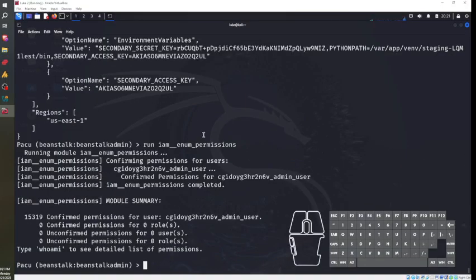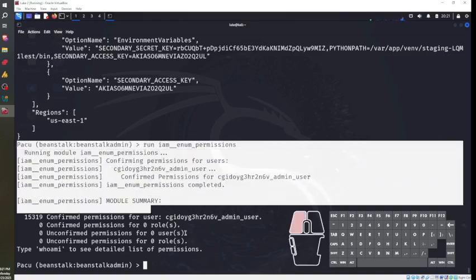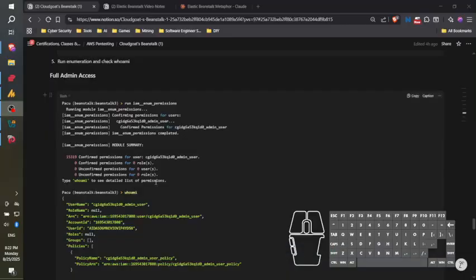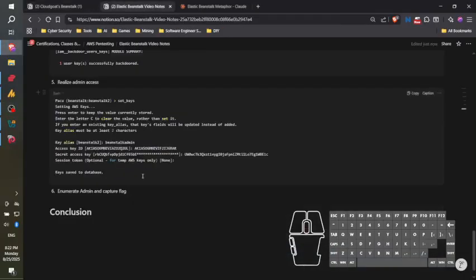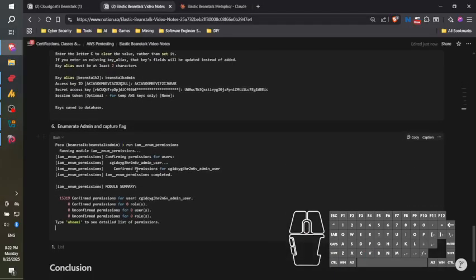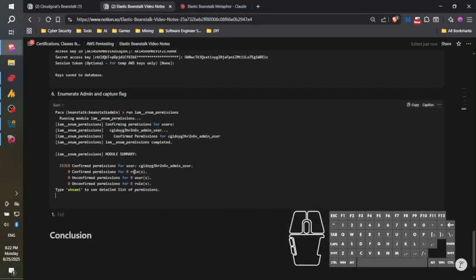For the admin, take this, put it in our notes. Just like that. Okay, we're enumerating admin and we're putting it in our notes, right? Right, that's what we're doing. Control V. So we ran the IAM permissions, confirming permissions for users, this our admin user, and we found